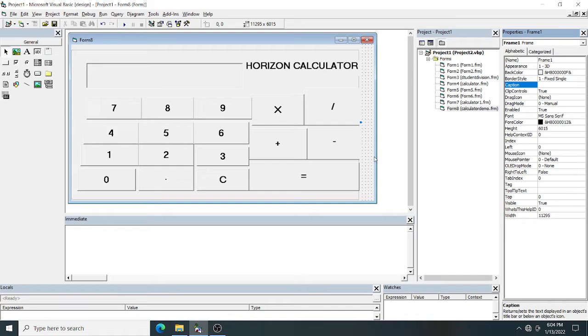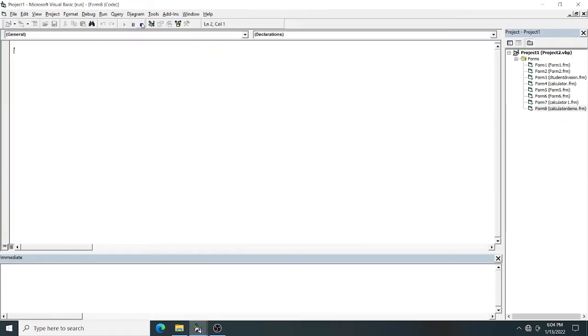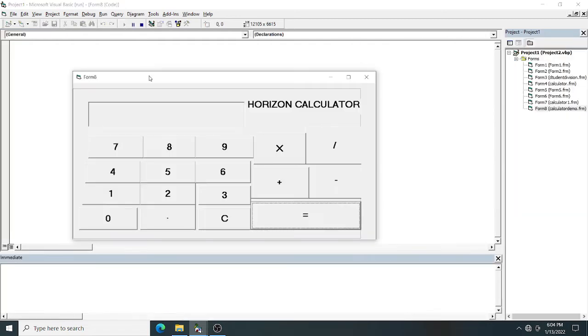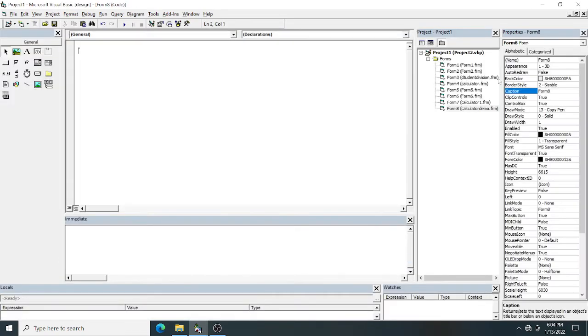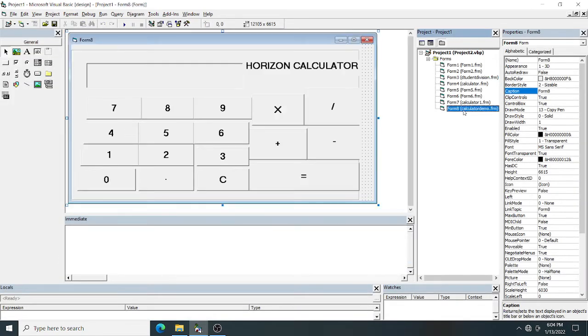So at the start, where I am executing, you can see all the buttons are enabled. I want to disable the first button, the equal button. So how to do that? For that we have to type the code. How to go to the coding section? You can go to View Code.